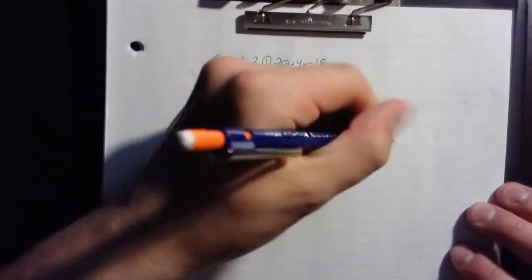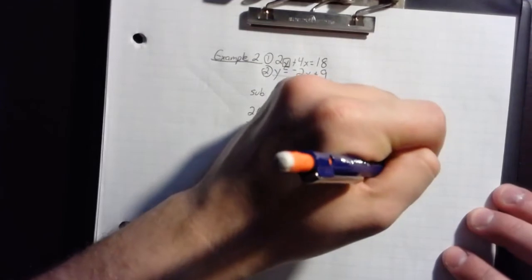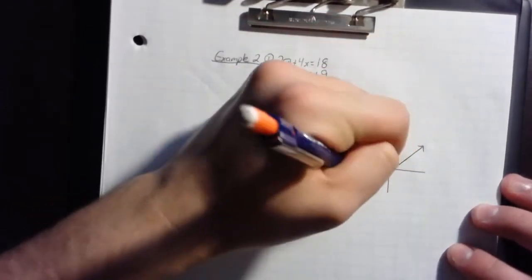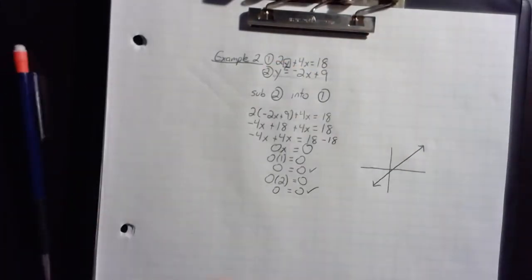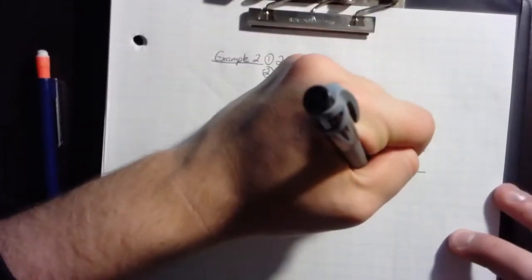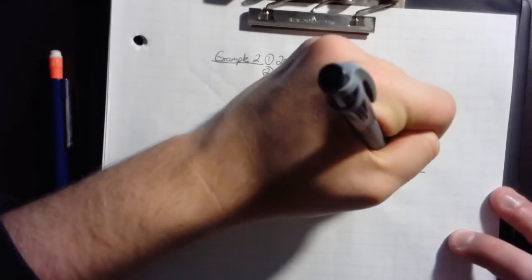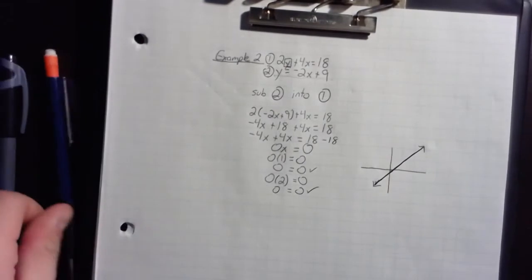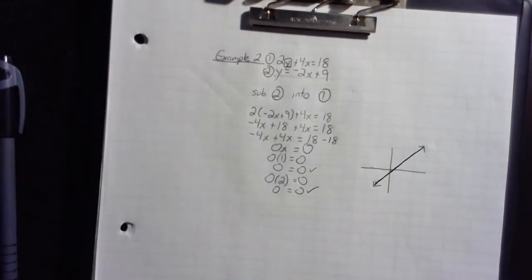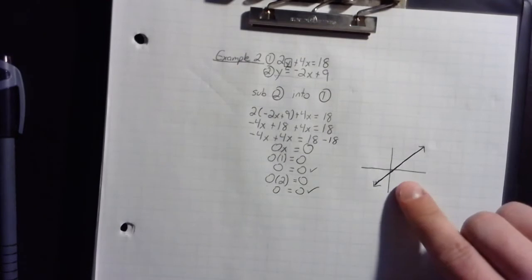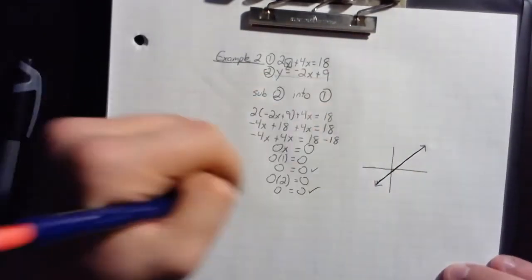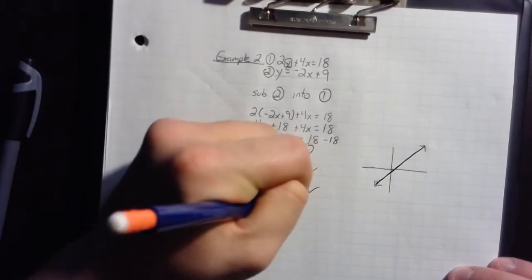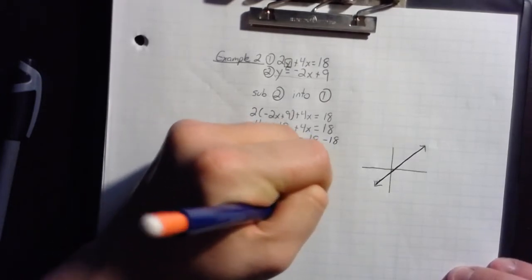This means that when I have my two lines, they will have the exact same x value throughout their whole line, which means that these two lines actually lay on top of one another, meaning that this is a consistent and dependent